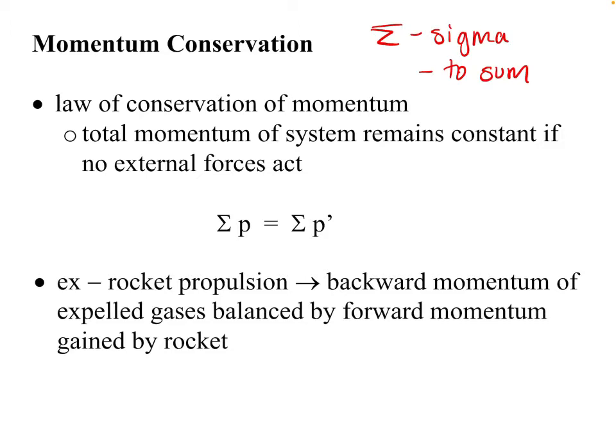That doesn't mean that there's nothing moving afterwards. It just means that the momentum of the gases being expelled downwards should be equal and opposite to the momentum of the rocket upwards. As it expels gases, it loses mass, which changes its velocity, making it go upwards. Its net momentum afterwards is still zero, because momentum is a vector and we care about direction. So the momentum downwards is numerically the same as the momentum upwards. Okay? And so that's conservation of momentum.